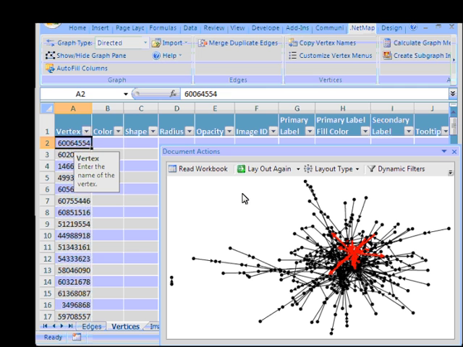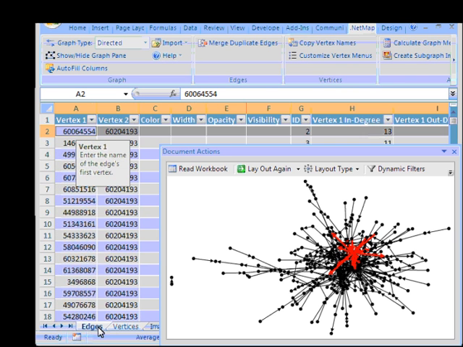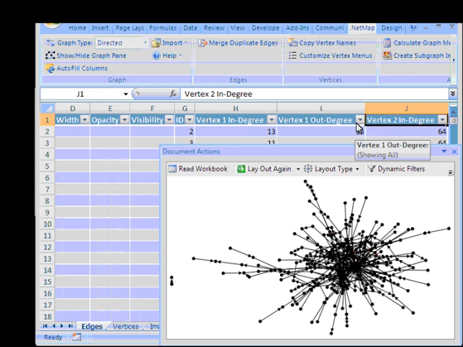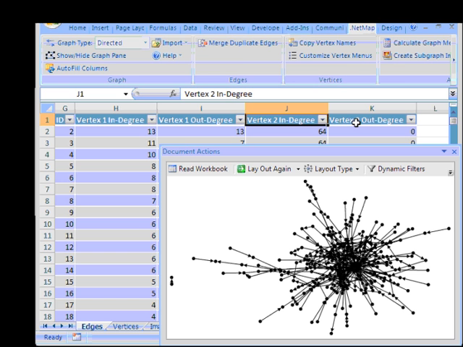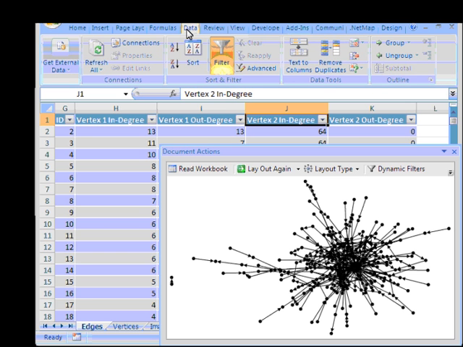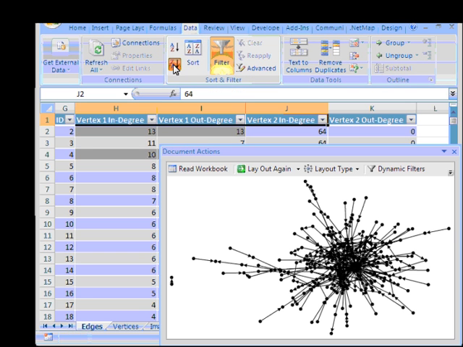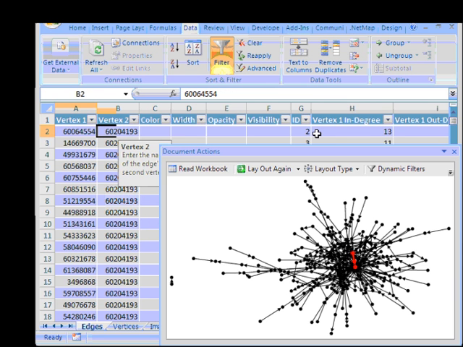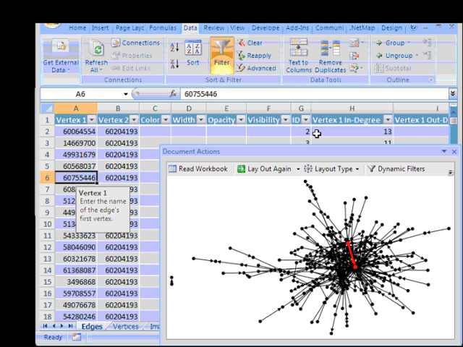And what I will do here first is I'm going to calculate some graph metrics. And so here we can see there are already some metrics. We have in degree, out degree. And one of the nifty things that we can do is simply use the very normal set of tools present in Excel. I'll go to Data, and I'll do a sort. And suddenly I now have my highest degree people, the people with the highest in degree, should be highlighted.